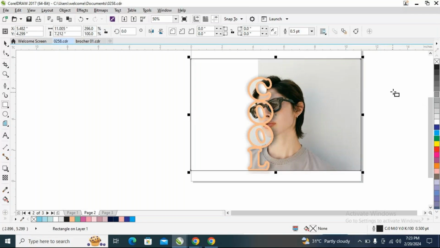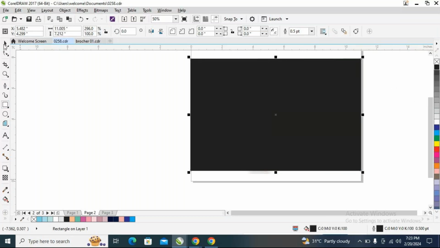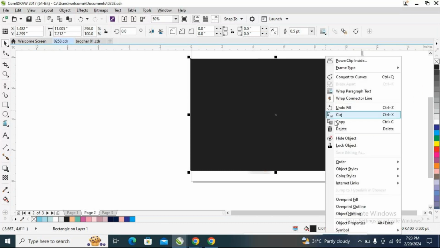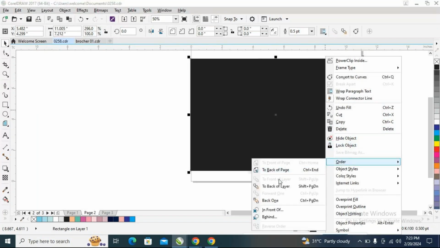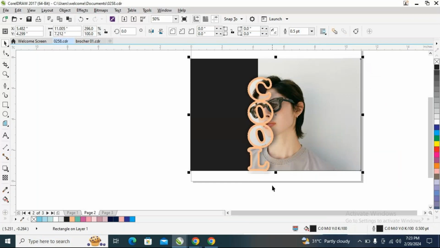And I'm filling black inside of this. Now take the pick tool, right click, and send it back, order, back of layer. Yes. And now